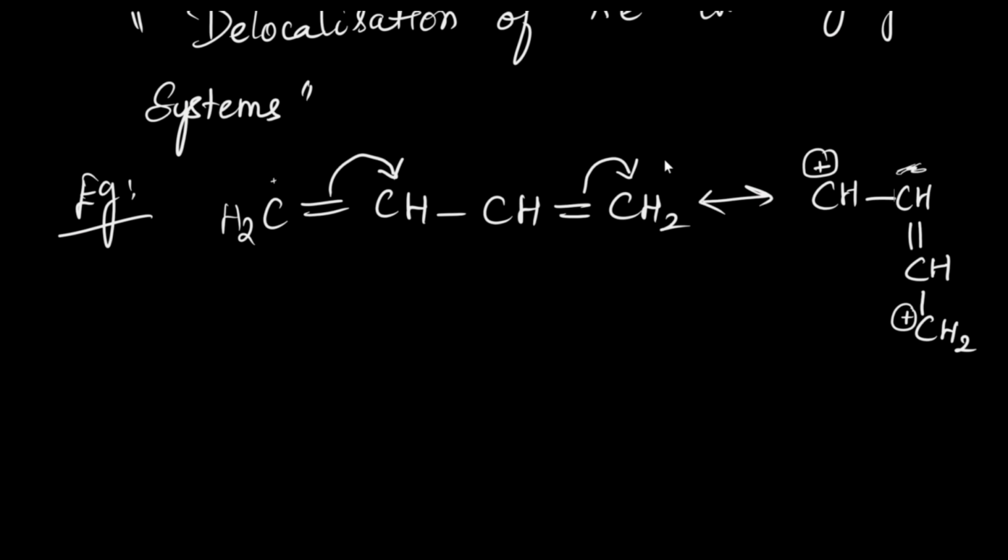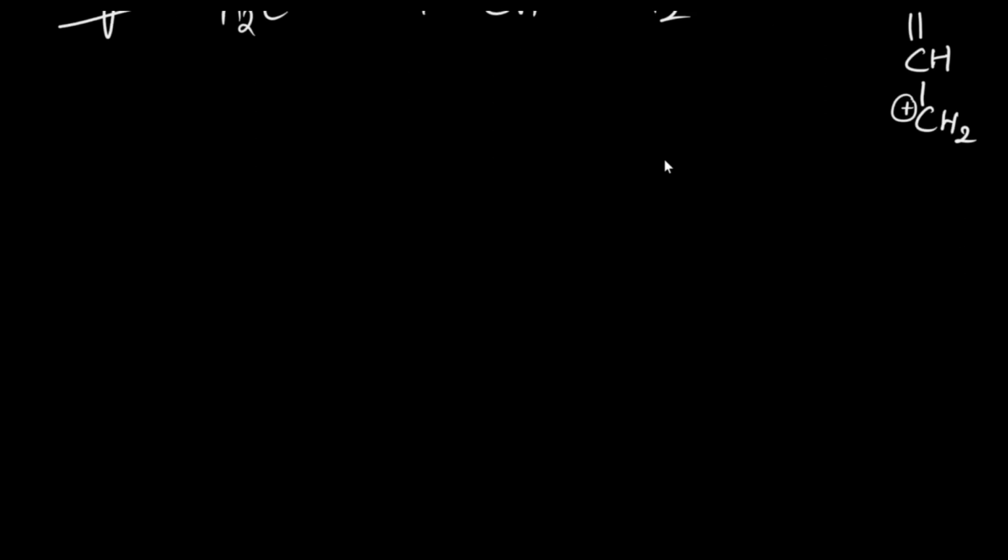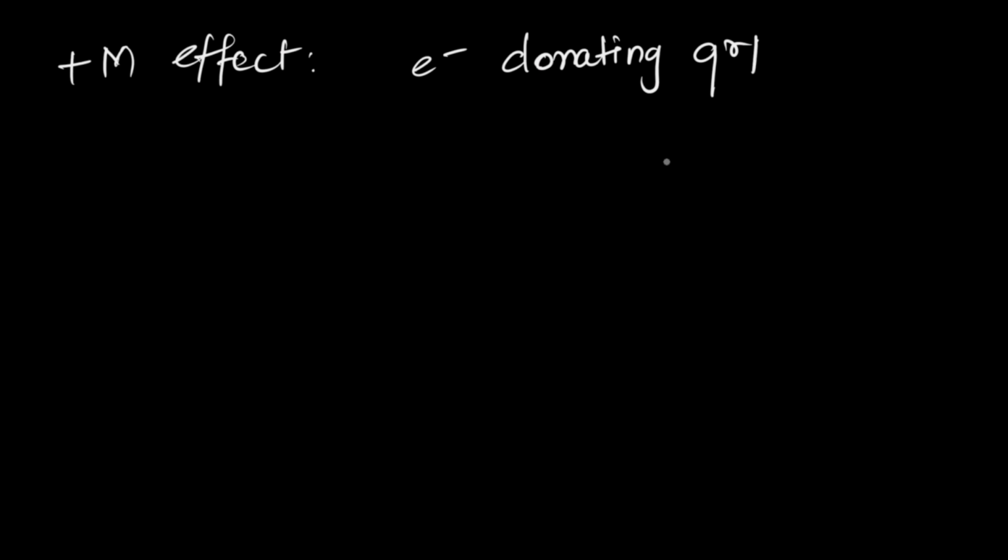This is also categorized as plus M effect and minus M effect. Plus M effect groups are where it can happen wherever the electron donating groups are there. Electron donating means electron releasing. Wherever the electron donating groups are there, for example, OR,